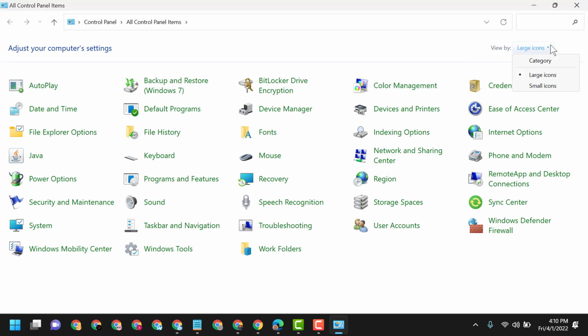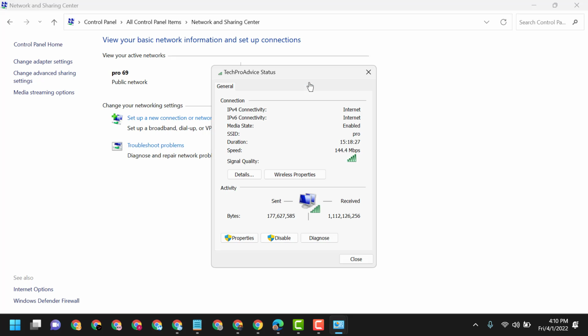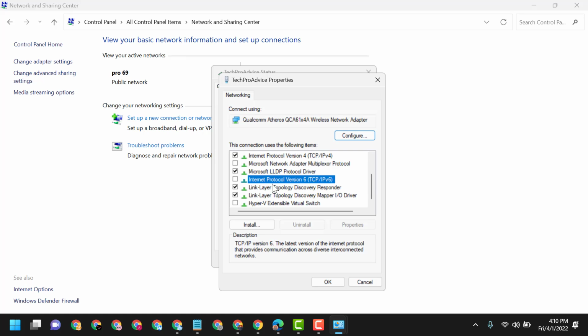Now here select large icons, then Network and Sharing Center. Click on this hyperlink, Properties. Now here uncheck Internet Protocol version 6, then click on OK,